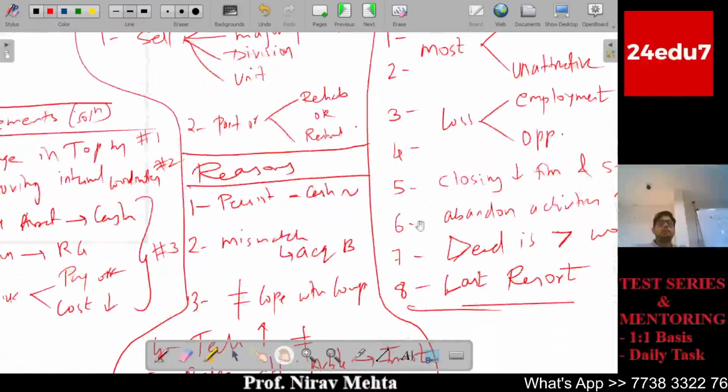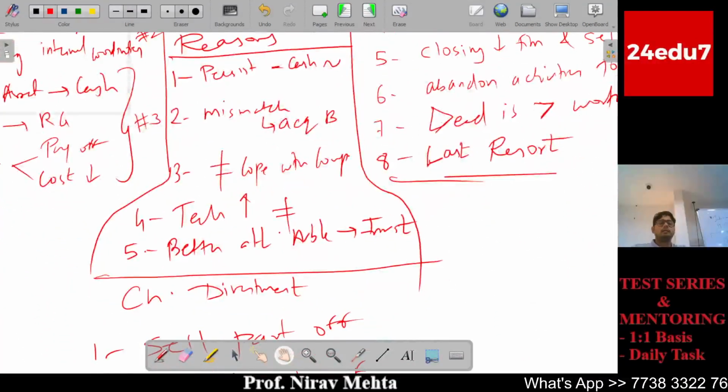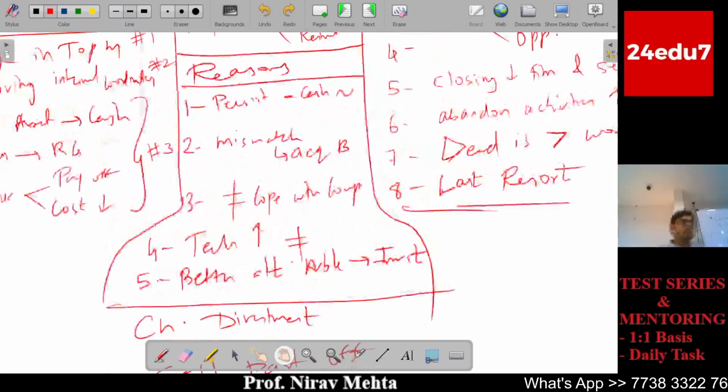First point done. Second, reasons. Persistent negative cash flow, acquired business mismatch, cannot cope with competition, technology upgradation required but unable to do it, and better alternative available for investment. I am removing my money from one portion and investing it in another part. Reason, first point done. Second, okay, no break. Third,